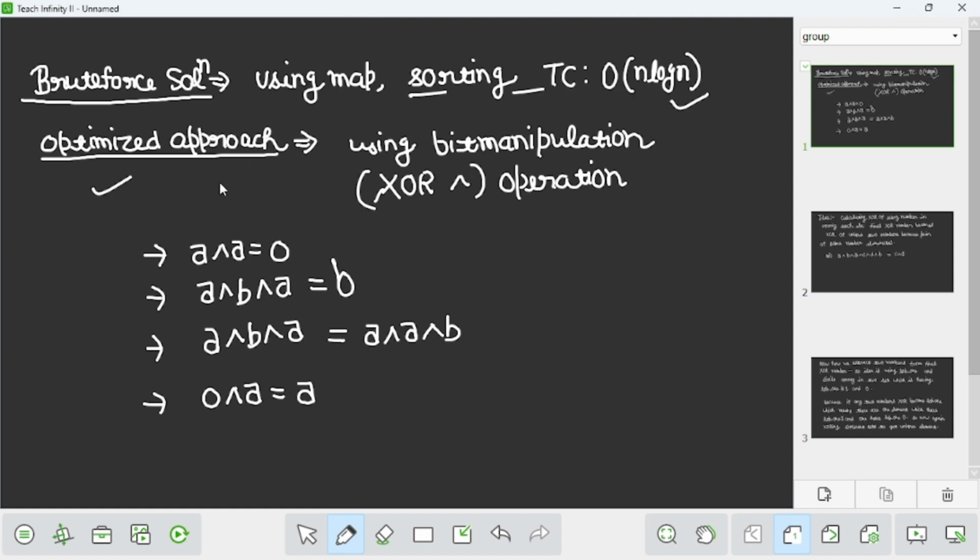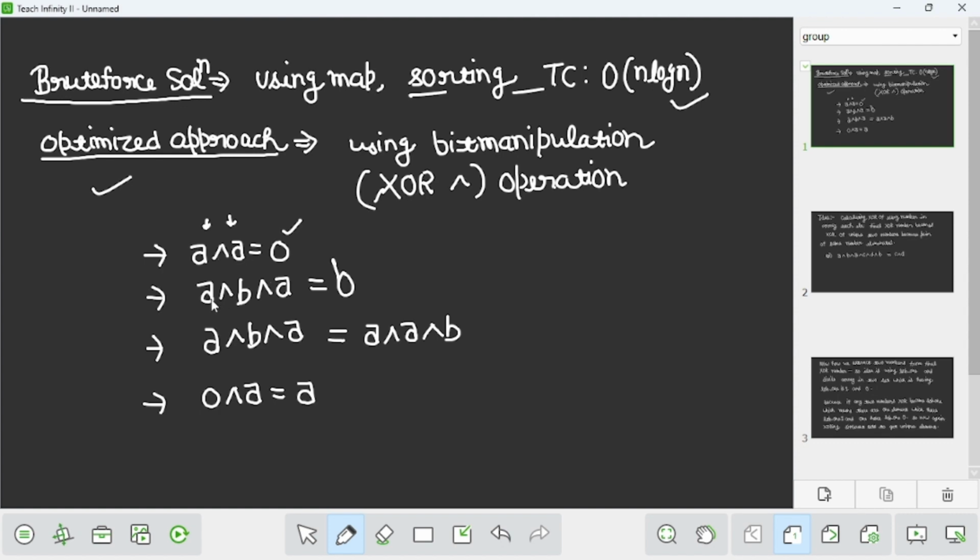So the optimized approach is using bit manipulation, which is the XOR operation. To dive deep into the solution, first understand the XOR properties. The XOR property is given here. If we XOR two same elements, let's suppose A XOR A, then it becomes 0.